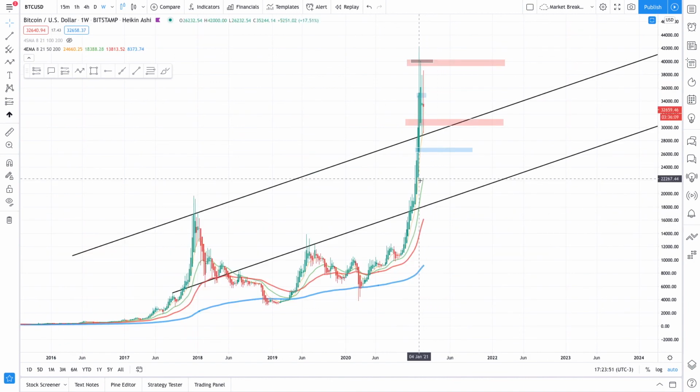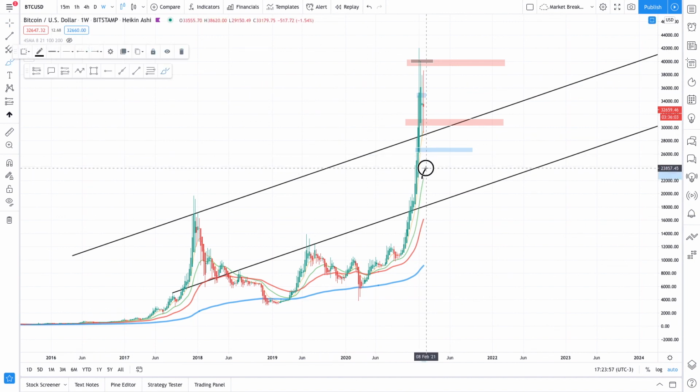And also we are expecting this 21 exponential moving average to continue to push upwards and meet our $27,000 level exactly when we do have that retest of this blue level here. So when this new weekly candlestick opens in around 3 hours time, I am expecting that 21 exponential moving average to push up even further and us to open with a red Heikin-Ashi candlestick, therefore signifying further weakness in the